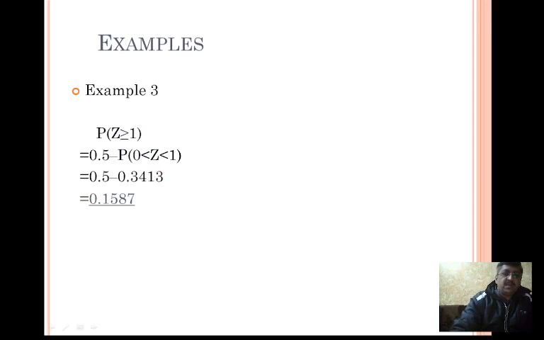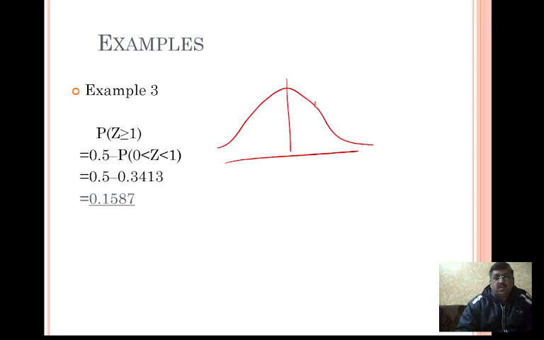Now, these are a few examples for you. Similarly, we have another example like probability of z greater than or equal to 1. We need to again understand why we are subtracting, right? Again, the idea will be clear once you have the diagram. So just trace like this. This is z equals 0. This is z equals 1, right? If it says probability of z greater than or equal to 1, that means this area is of interest. For this area, you know that the entire half area has the value 0.5, right? And the table value available we have is with this part only.